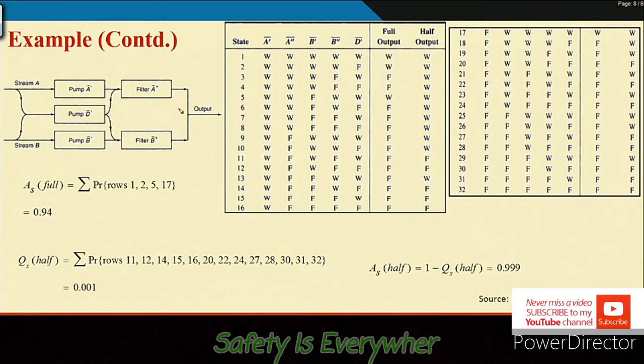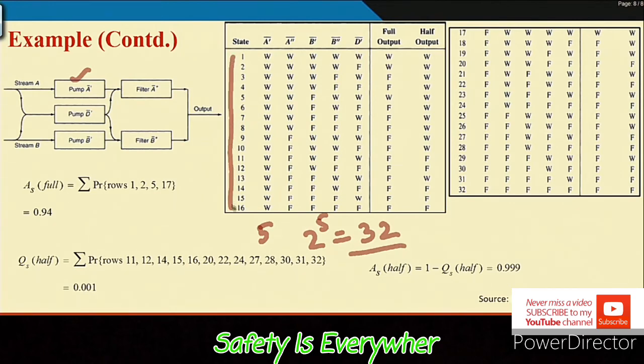Here we are using a truth table. So now how we are using the truth table, you just see how many possibilities are there. Okay. So, the question is how many pumps? 3 pumps and 2 filters. So how many components? 5 components. So each component can have how many states? 2 states. So that's why the combinations will be 2 to the power 5, equal to 32. You see the 32 combinations are written here.